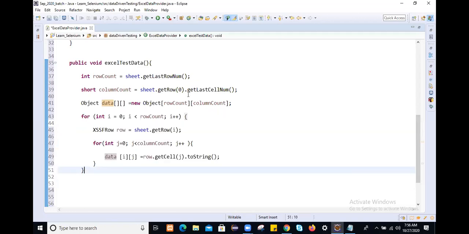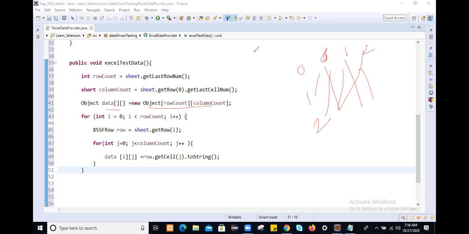Once all the test data is retrieved, based on 0th row, 0th column, first column, second column, whatever data will be there, then first row, 0th column, first column, second column, then second row, 0th column, first column, second column, like that. All the data we are going to prepare horizontally, and whatever data we retrieve one by one, we will initialize into this 2D array. Now this 2D array we are going to return.